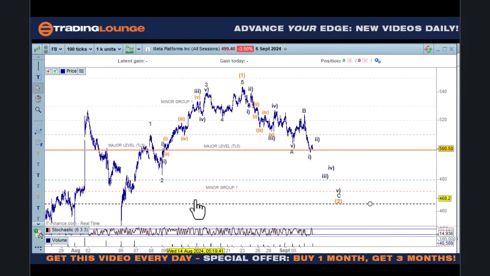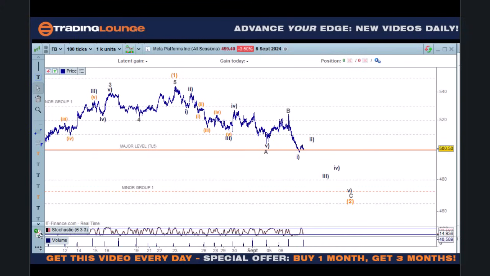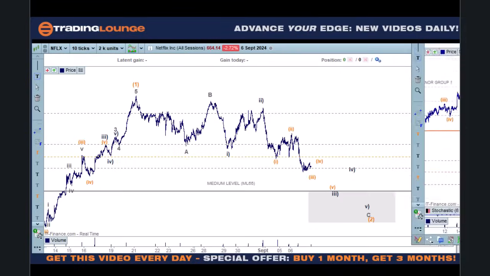This is Meta, Facebook here. In this particular instance, we'll look at this as wave B with 1, 2, 3, 4, 5. So we can tie that into Apple and Amazon. But this is quite good. I like it when you've got a big number here and it comes back below here, because if we're going to be trading to the long side, we'll be looking to build long positions over here based on an impulse wave over here. So I like when it dips down below a level and comes back up and gives us a nice thing to work off, and then we'll be building in through 1, 2, and 3 over here, 10, 20, and 30.